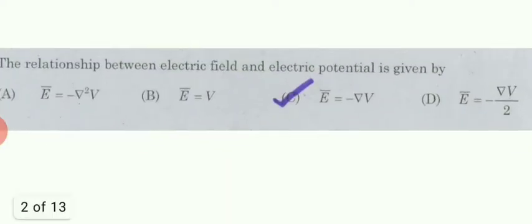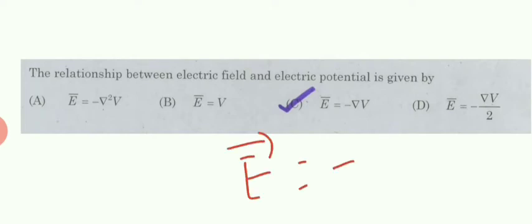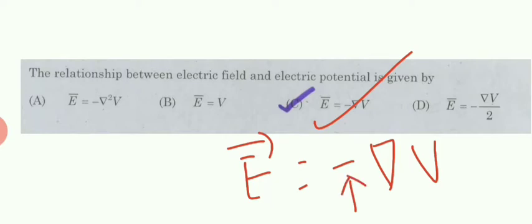And the first question is the relationship between the electric field and electric potential is given by, we know that it is a very important equation, E electric field is equal to minus of potential gradient. E is equal to minus del V is very important. So it's a straightforward question. So del V is indicating the maximum change in potential. So electric field and potential are changing in opposite direction. That is given by the minus.